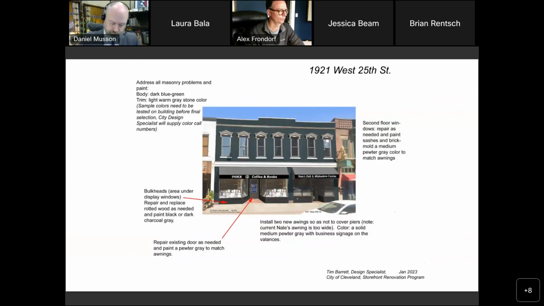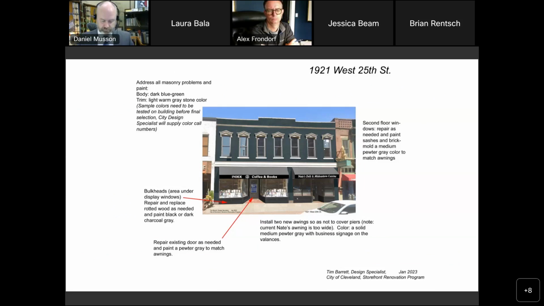The program is pretty straightforward. There is substantial masonry repair needed, especially to the parapet wall. Frost Building Maintenance will be making all of those repairs, as well as painting the masonry. The bulkheads are in poor shape, so we're actually going to be replacing those entirely with an Extira product, to match the existing, and it will be painted a dark charcoal gray.